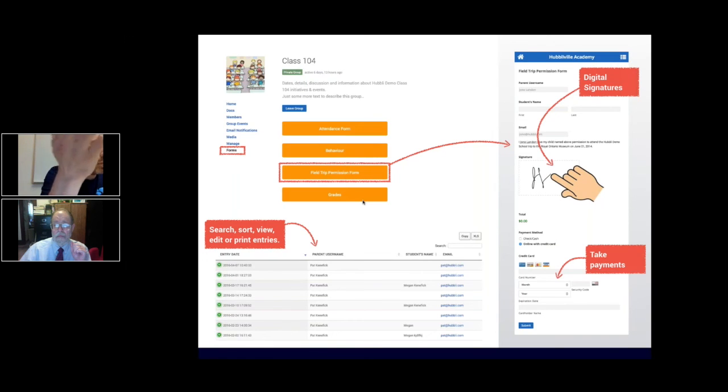That can be time consuming, right? I mean, it's not fun. You get paper cuts, and the worst thing is it just takes a lot of time. So Hubly would make that, you could do that in 10 seconds. You could just query the entries of that form, and you could print it off as a list, or just view it. I mean, it's things that should take seconds today,